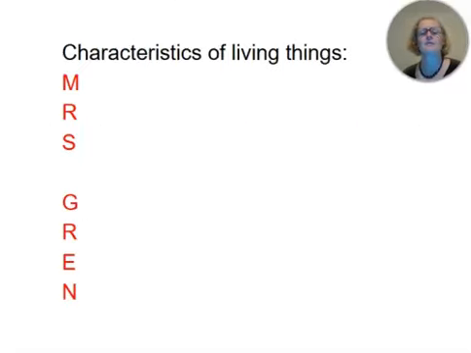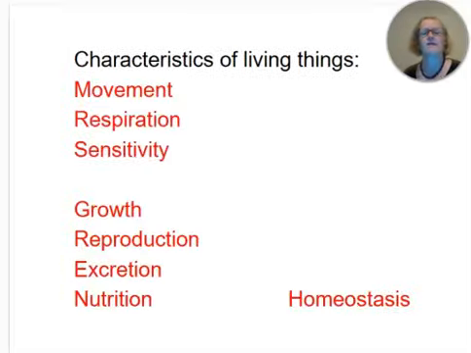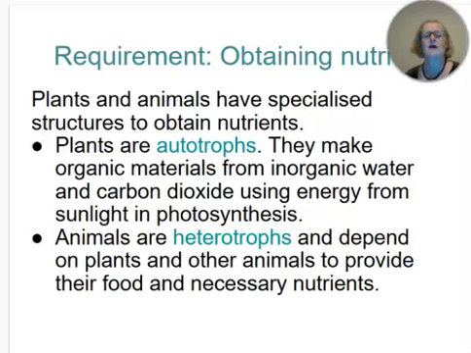So you'll all remember from earlier on in school that there are several characteristics of living things. These include things like movement, respiration, sensitivity, growth, reproduction, excretion, and nutrition. And sometimes, that's a little bit of a naive list. There are more complex things like homeostasis that we will be considering later on in our course. But let's focus in on the nutrition side of it and think about the different types of nutrition that happen